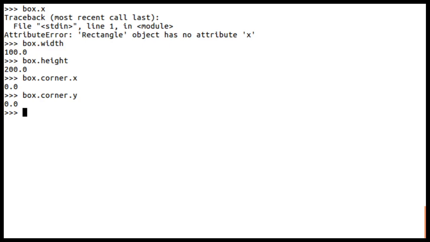We are going to define a function called find_center, which will accept a rectangle object. And now here I am going to create a point called p. It's a point object, and p.x is equal to rect.corner